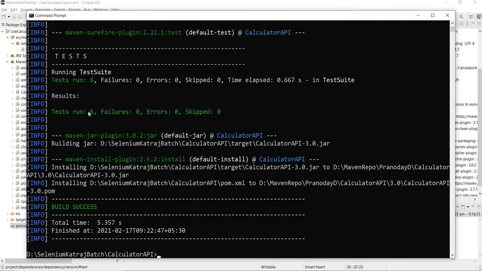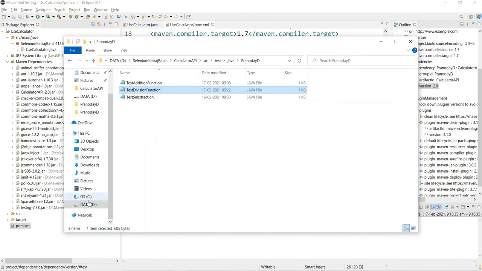Now you can see previously we were having 5 test cases, 3 for addition, 2 for subtraction. Now we are having 6, the additional one for the division. So from these 6, 1 is for the division, the newly added functionality, and 5 got executed as a regression. Everything looks fine. Hence we got our calculator 3.0 released. Now I'll just show you that release.